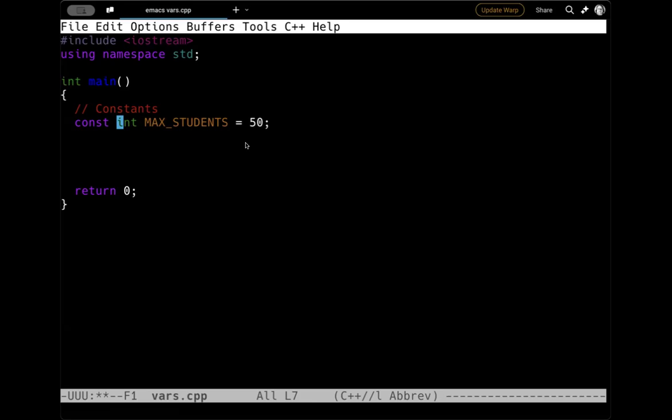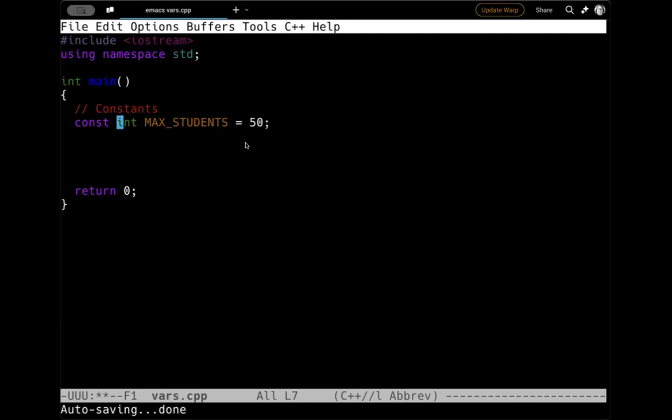So when do we use constants? A constant can be used for some kind of a bound on a program. Again, this max students makes some sense. If it's something we use throughout the program and you don't want the programmer or another programmer later to be able to change it, we'll use a constant. The other time that we use a constant is to avoid what are called magic numbers. Magic numbers are numbers that appear in a calculation that we don't know where they come from.